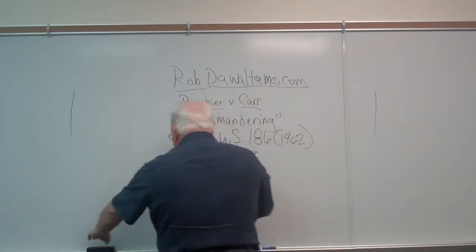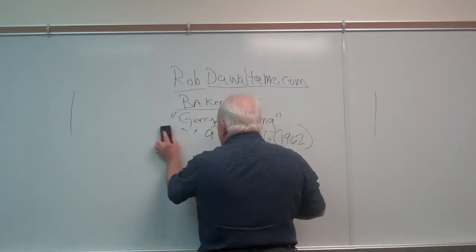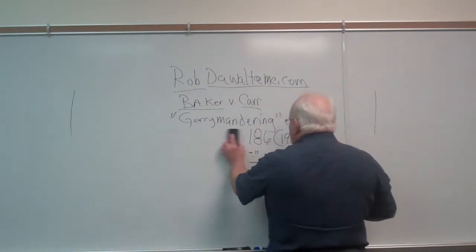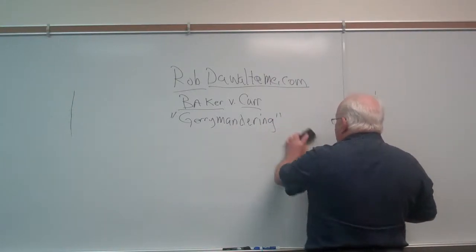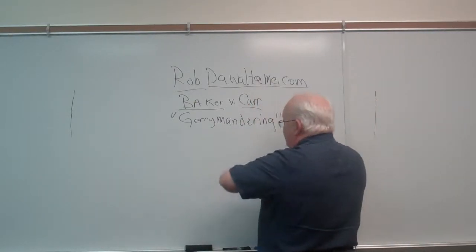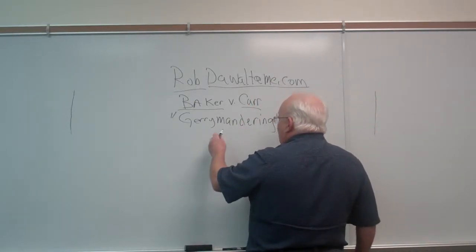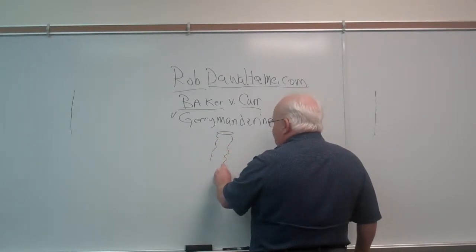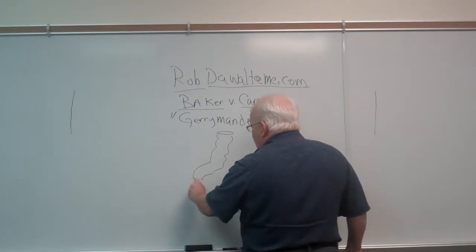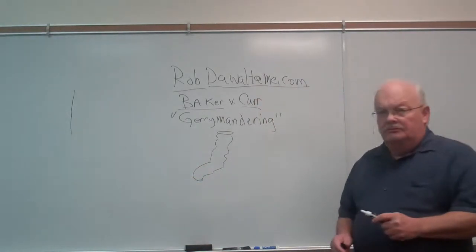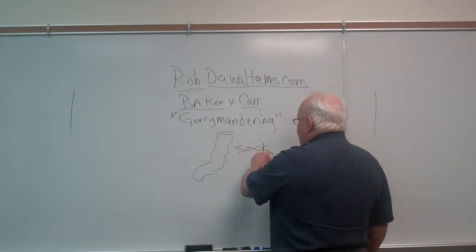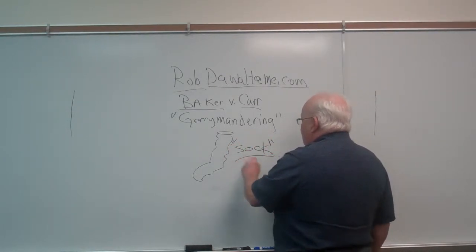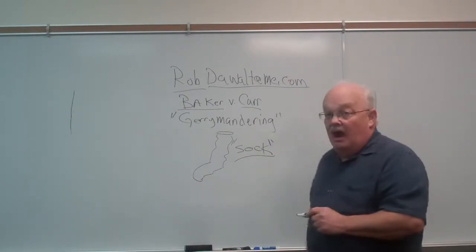So basically, what I'm talking about again is trying to give you a better understanding of gerrymandering. I gave you kind of a written description of this, but they say a picture's worth 1,000 words, so that's why I'm giving you like 1,000 pictures here. And let's just assume that this is my sock, okay? So this is gerrymandering. Maybe a bad picture of a sock, but I'll put a label on it so you know that I'm talking about a sock.